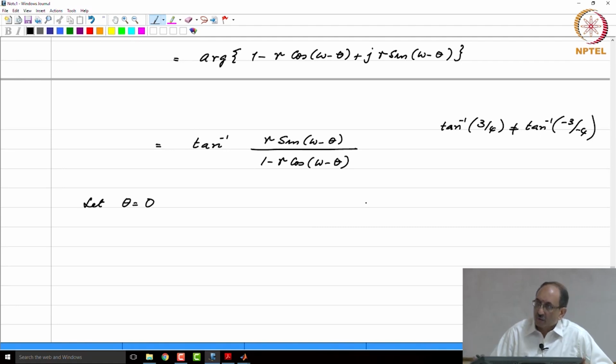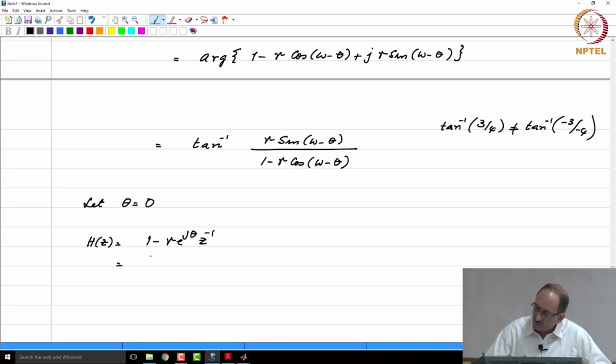So, we will exploit that interpretation and get a feel for the phase response, similar to getting a feel for the magnitude response geometrically. Therefore, if you have H(z) = 1 − r e^{jθ} z^{−1},